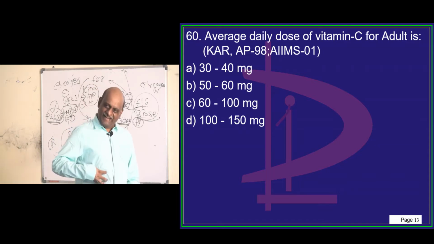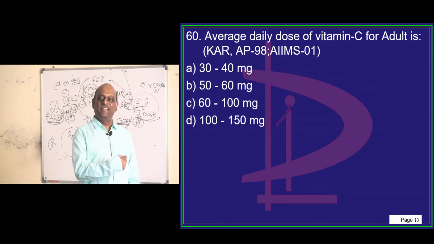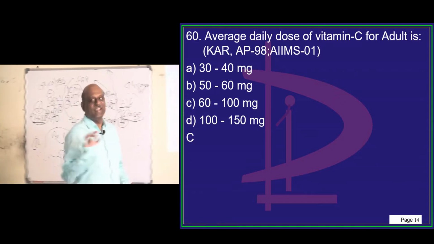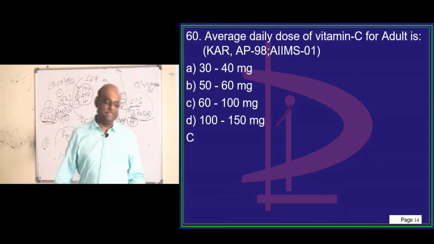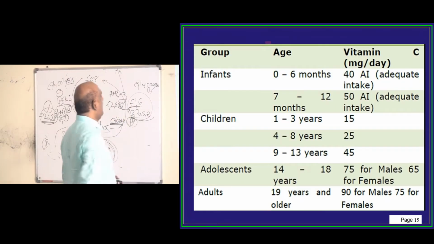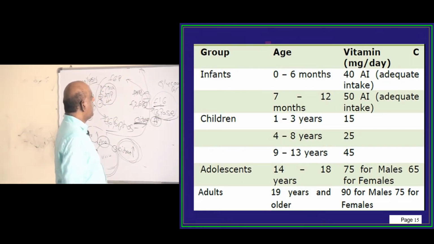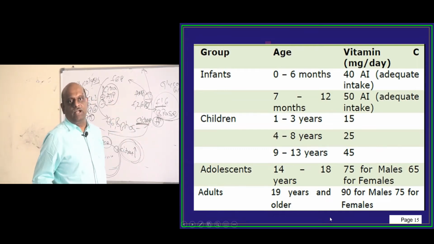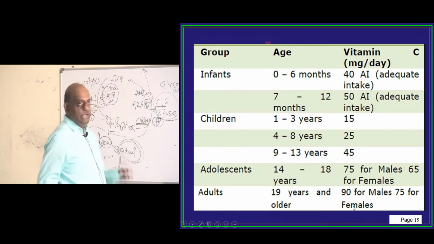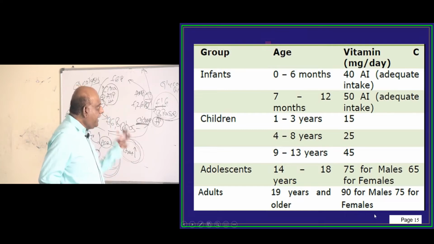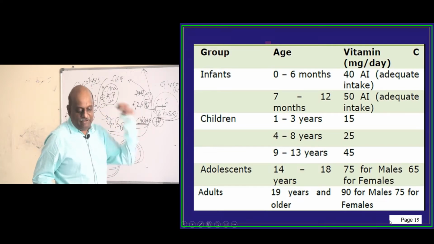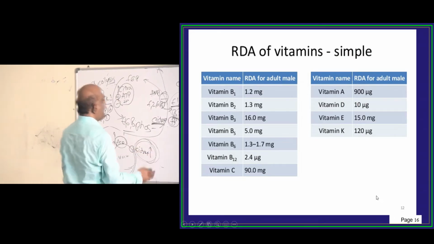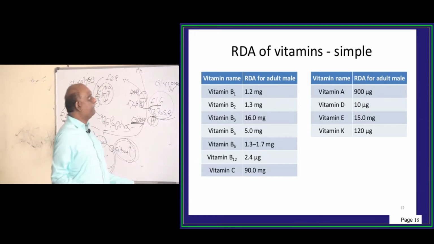We have an adrenal, it has vitamin C, and with a strong adrenal we are going to remember all these bloody numericals until the entrance exam. So it is 60 to 100. So you should remember, in adults, the requirement of vitamin C to be taken in milligrams per day is 90 for males, 75 for females is what you have to remember. Once more, doctor, this is one important